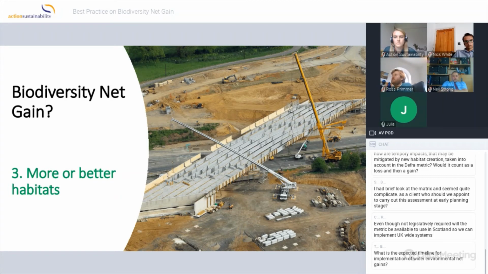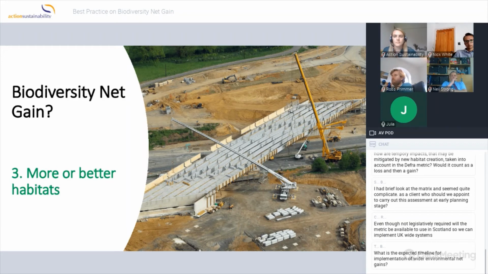And the final, my third top tip, if you like: when I go around to construction sites, the one question I'm always asked is, okay, Julia, you talked a lot about this, but what do we actually do? What does this actually look like on a construction site? And this is when it's really, really simple. Yes, we've gone through the mitigation hierarchy and we've applied the metric, but on a construction site, we're either going to be delivering more habitats or we're going to be making existing habitats better. And that's it. That's what it comes down to.